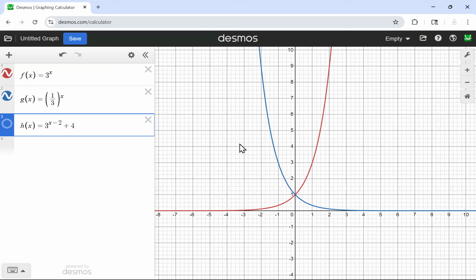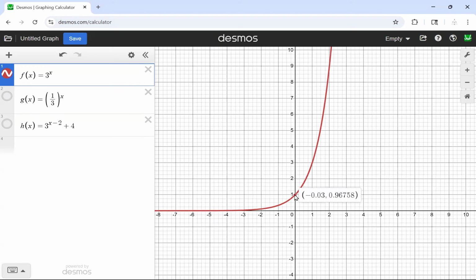We've already confirmed that g of x equals (1/3)^x was a flip across the y-axis. We already saw that. So now let's just confirm that h of x is a shift right by 2 and up 4. I'm going to be looking for this initial point at (0, 1) to go to (2, 4) if I'm right. And sure enough, (0, 1) shifts up,